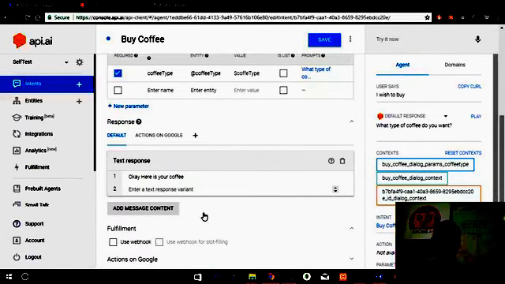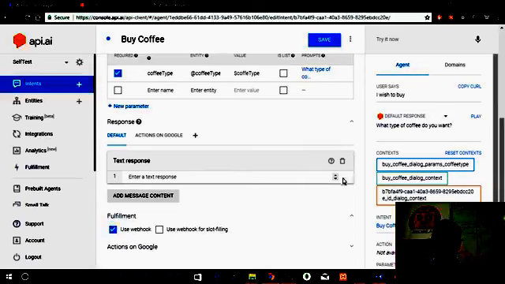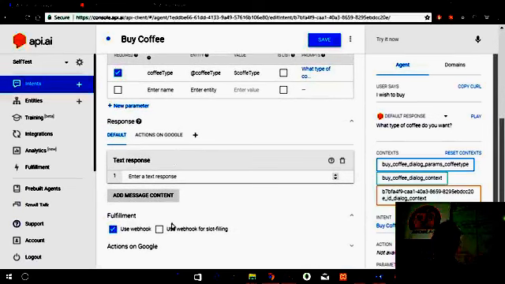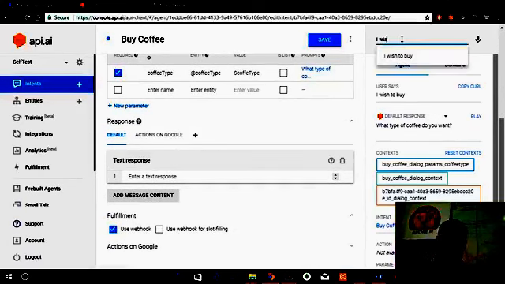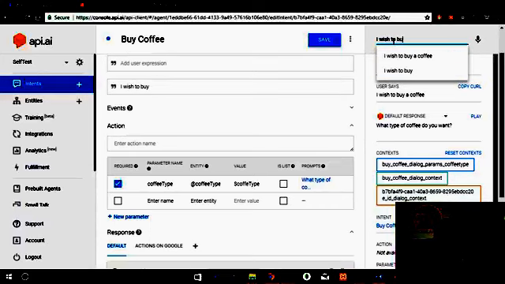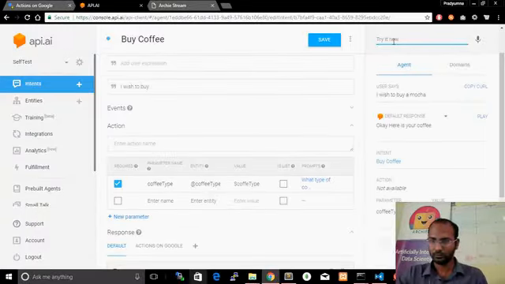If you can see, use a webhook, and if you tick it and remove the text intent, every single request is redirected back to my web service. So say for example, I wish to buy... Yeah.